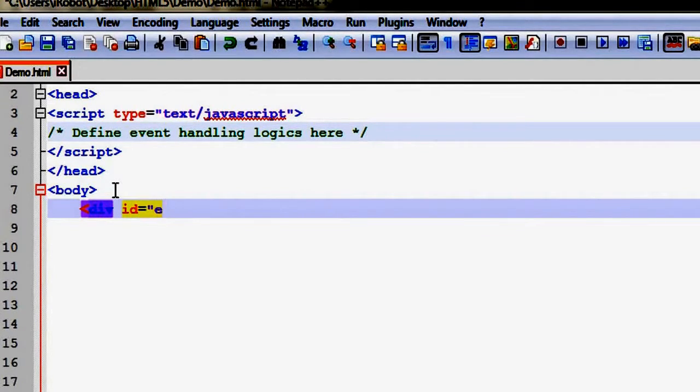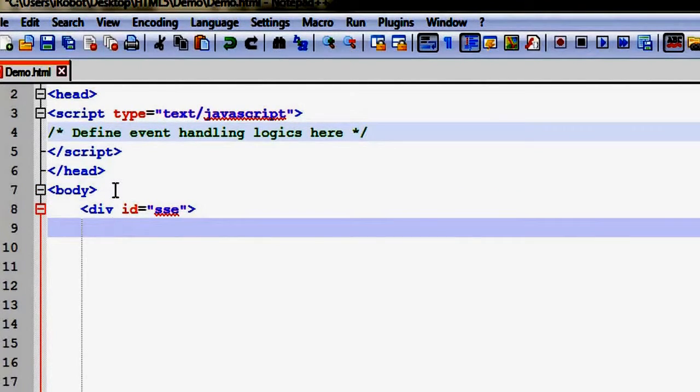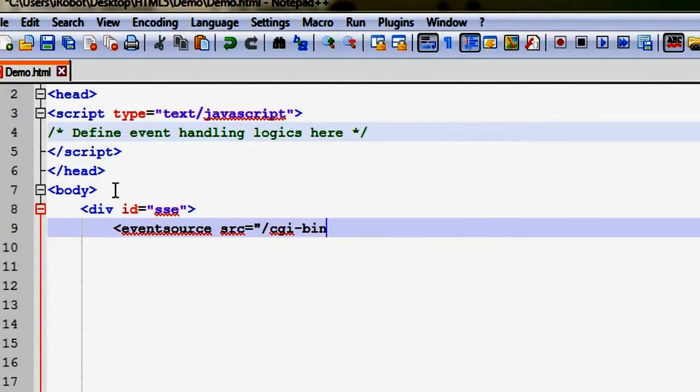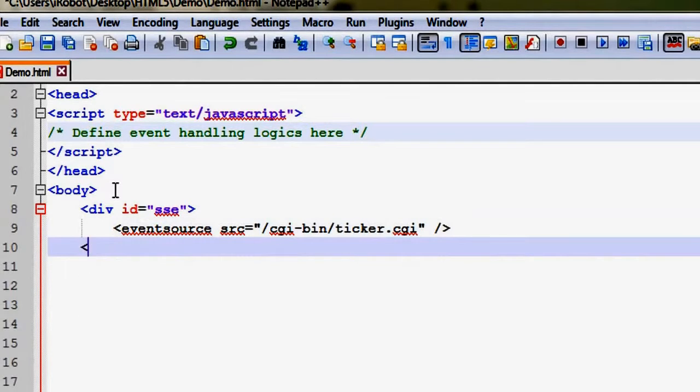event, and then not event, let's write it SSE. Then under that we can define the event source, and src equals to /cgi-bin/ticker.cgi, and then close it. After that, close the div tag,